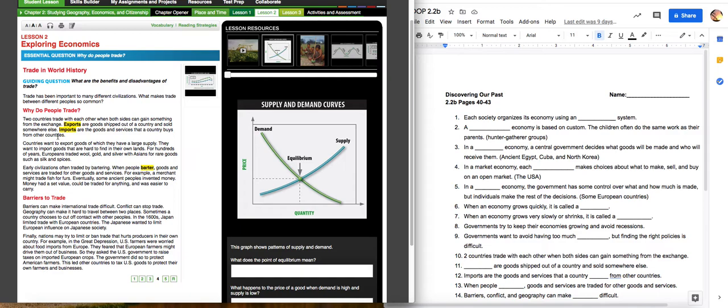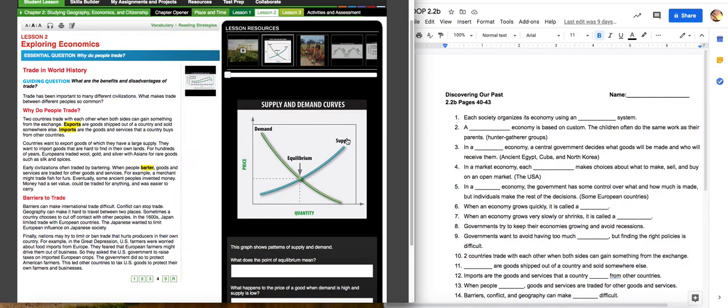So obviously a country wants to be exporting. That means we're selling to more places. So say I want to run a business in Milwaukee. Most of the time, you and I will say, okay, sell things to people who live in Milwaukee. And what I really want to do is not only sell to people living in Milwaukee, I want to sell to people all over the place. The more people that are buying, the more business that I'm doing. And so I want to become an international business, guys. I want to be able to export my products to more and more people. It helps me make more and more money.